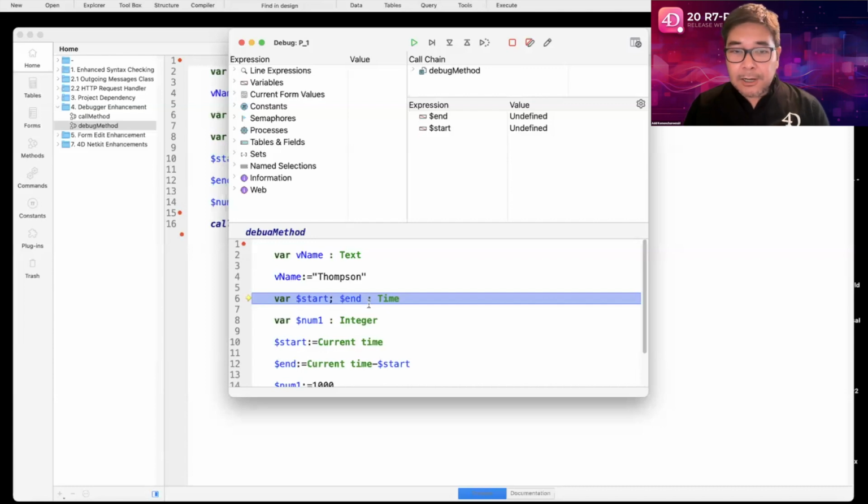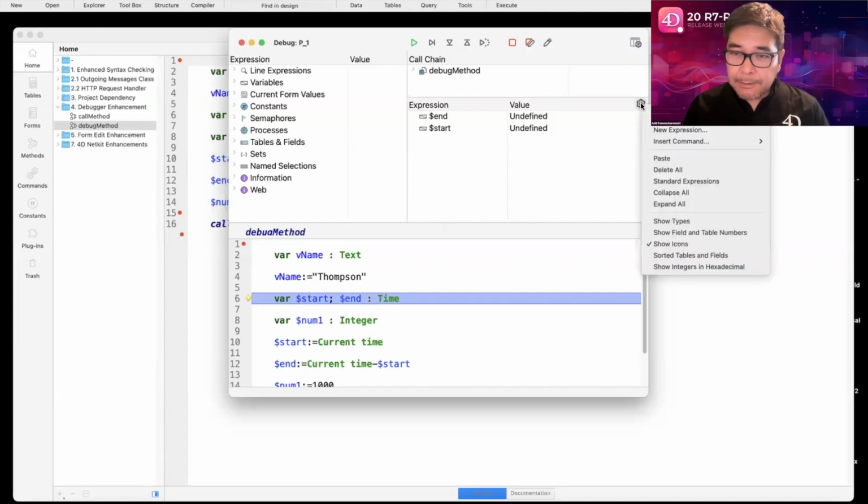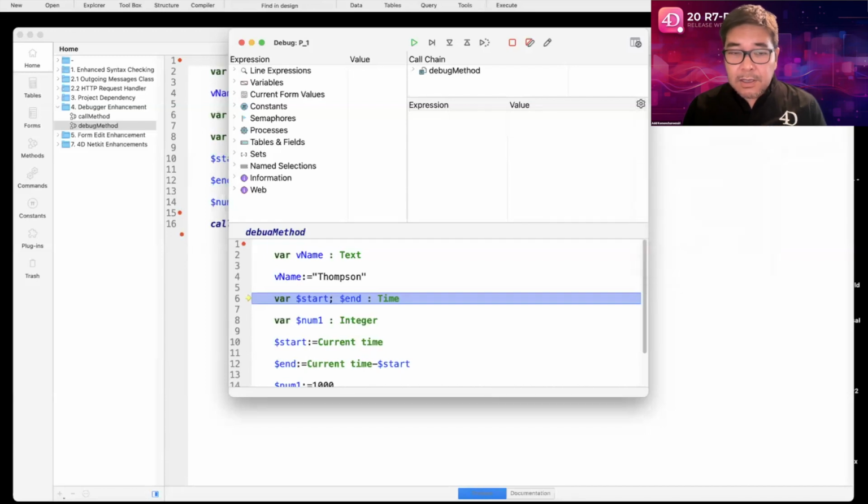Now, actually, VName is no longer in here, it has been replaced by the start and end variables. And that's again by design. Each time that you step, it only shows the expressions for that line. That's because we added the ability to control what is going to appear inside of the expression panel. Currently, it's set to line expressions. Now, if I choose local variables, okay,